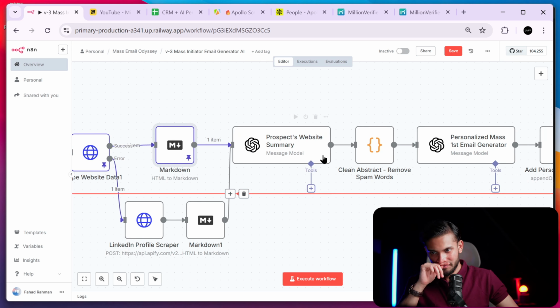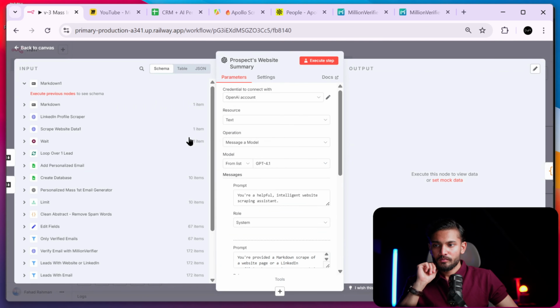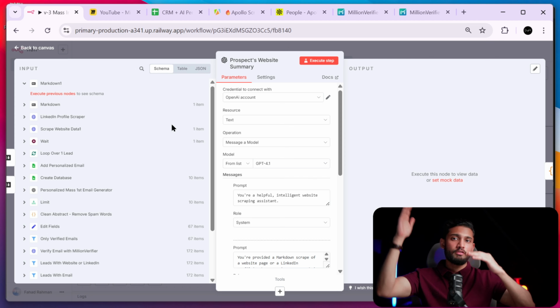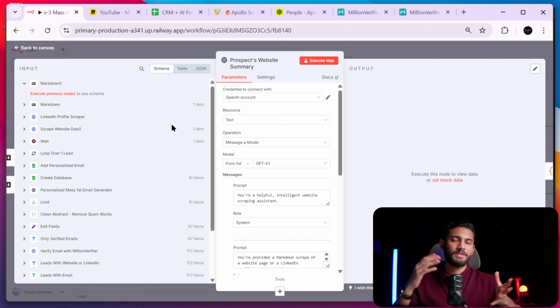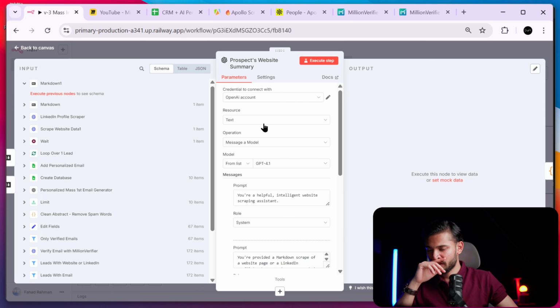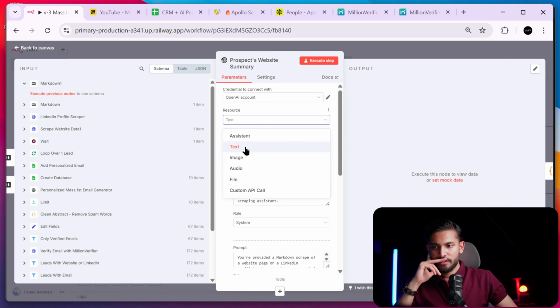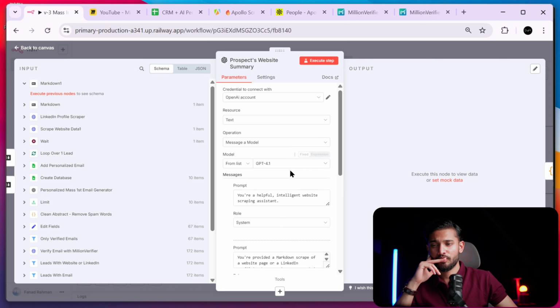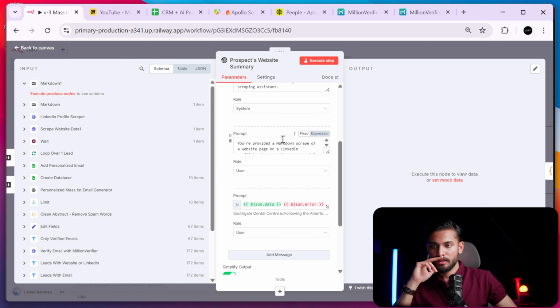But yeah. Now what we want to do is summarize the markdown that we got, because imagine it's an entire website, with all the information like their contact details and miscellaneous data as well. We want to clean everything. So you will add this GPT node, resource text, Message a Model. You will select a model: 4.1 you can select, or even 3.5, it will work. Now